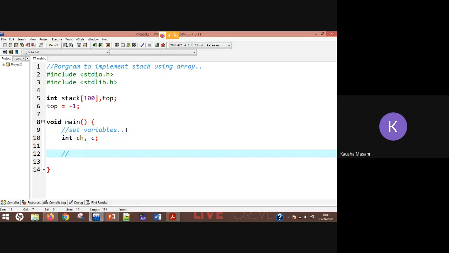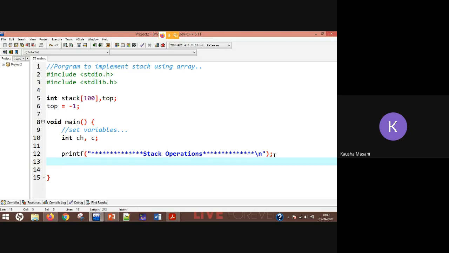Now I'm going to do one printf statement, printf stack operations. This is for the program to look a bit beautiful, or a much more informative console program. That's what I'm trying to tell you.